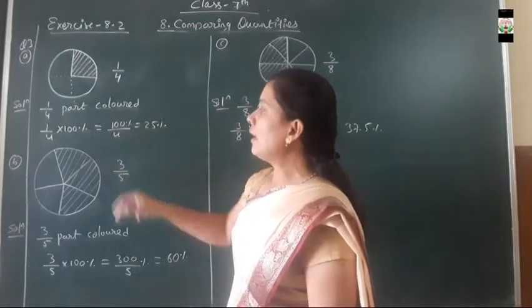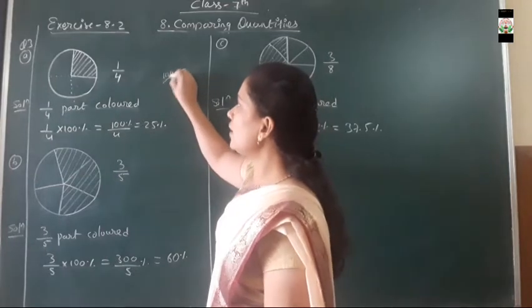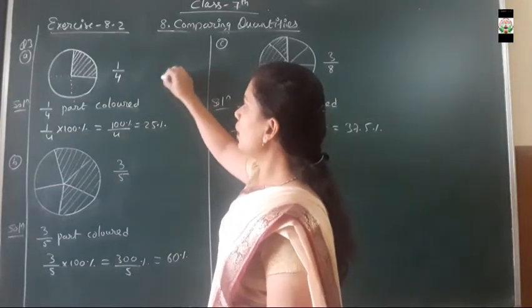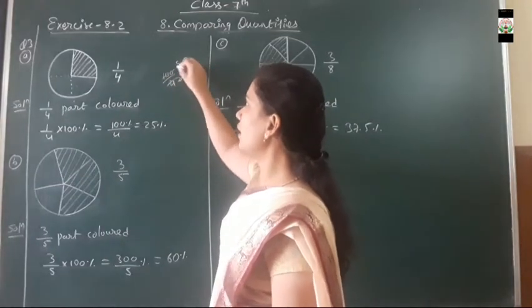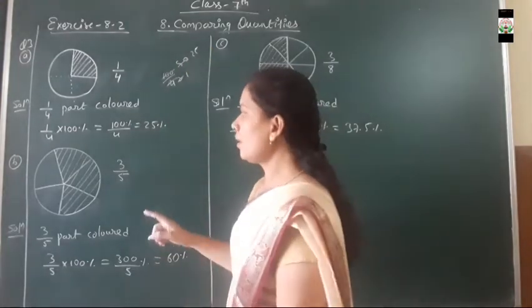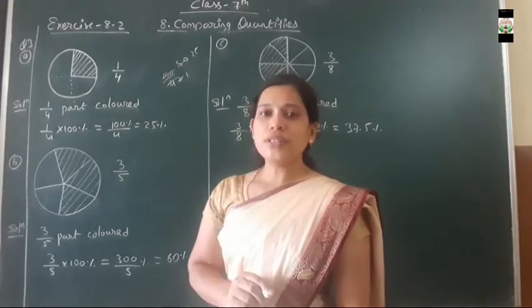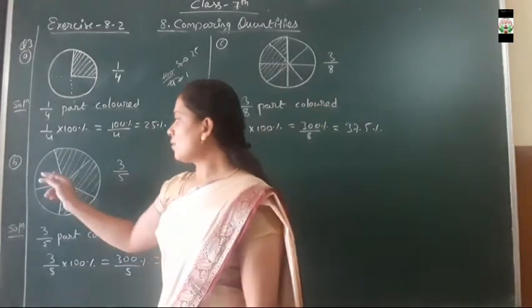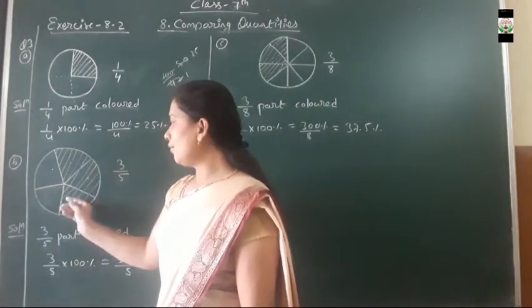Okay, now divide it by the table of 2. You can easily divide it. So here it will be 2 times, here it will be 50, then again, so here the answer will be 25%. Clear everyone? Moving towards the B part of a circle, how many total parts of the circle are there? 1, 2, 3, 4, 5.